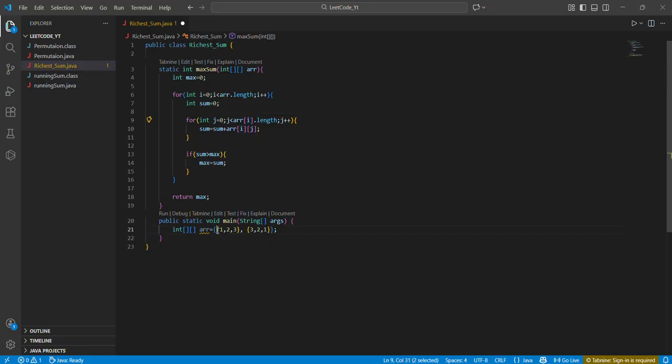So 0 index में कौन सा array है? 1 2 3, ये 0 index पे array है. So ये for loop क्या करेगा? array पे traverse करेगा और ये for loop क्या करेगा? array के अंदर array पर element को traverse करेगा. So array of i is 0, j is 0. Means ये 1, sum is 0 and ये आएगा 1. So 0 plus 1, sum अभी 1 हो गया. सम में अभी 1 स्टोर है तो मैक्स के साथ कंपेयर करेगा